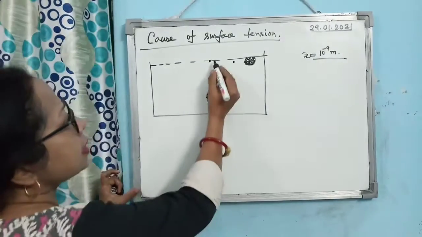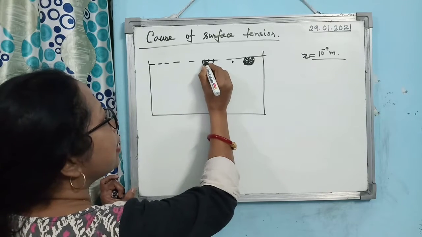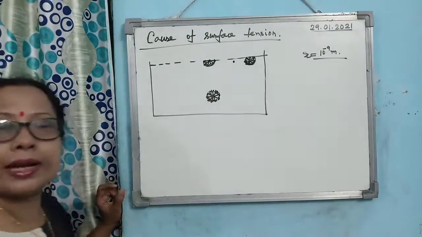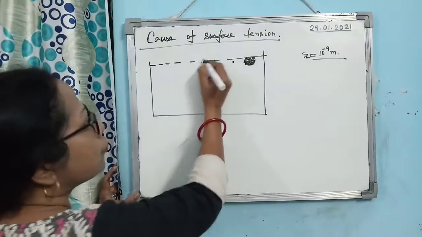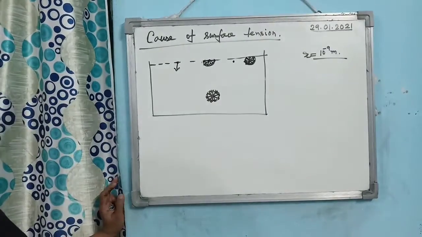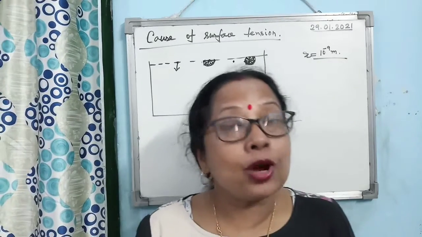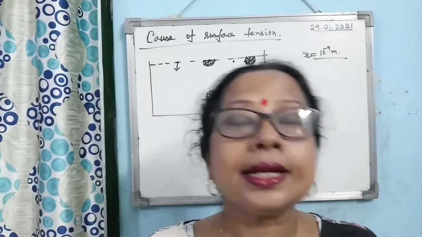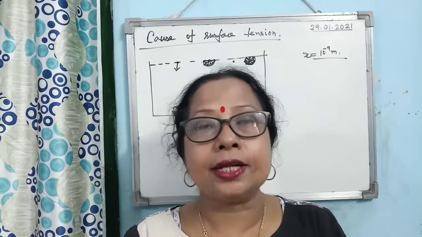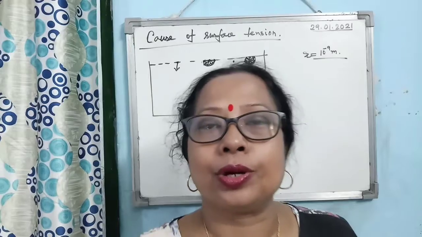Now, if you consider a molecule on the free surface of the liquid, you can draw only half of the sphere of molecular activity. So what is the resultant force? It is acting vertically down. Is that clear? If you apply the concept of intermolecular forces, all the molecules present on the free surface experience a vertically downward force.